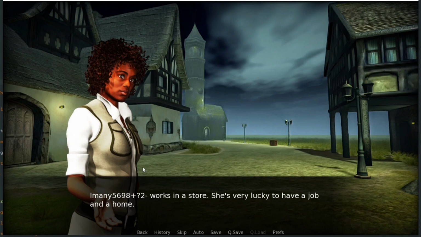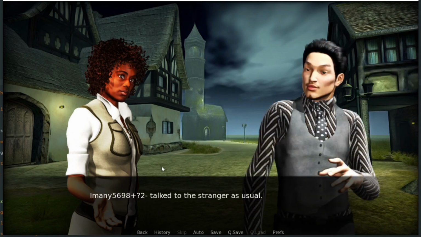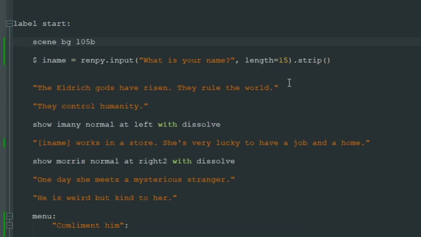I can't even read this. But this will be her name till the end of the game, and we don't like this. We don't want this. So to fix this, we can limit what characters, what letters the player can use in this input. And we put another comma, and